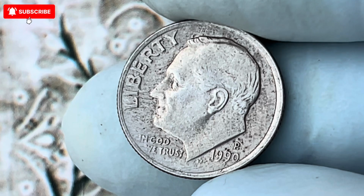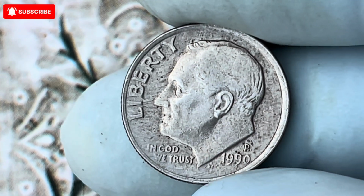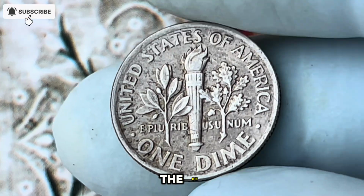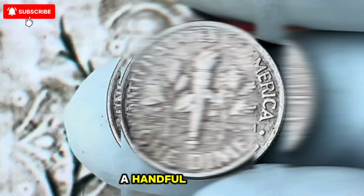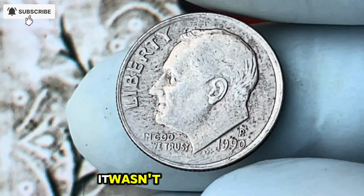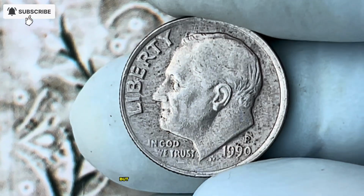Mint employees, in the process of refurbishing a set of dies, failed to punch the S into one of the obverse dies used for proof coinage. The die, missing its mint mark, was nonetheless approved, installed, and put into production. A handful of dimes were struck and included in proof sets. It wasn't until those sets reached the hands of collectors that anyone noticed something was wrong, but the real mystery